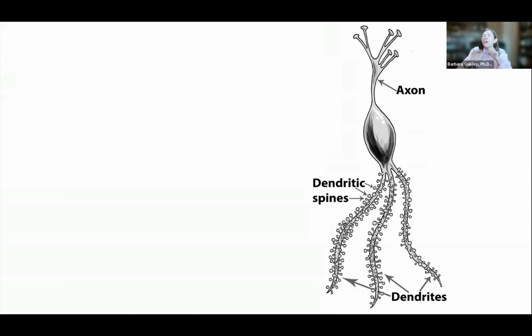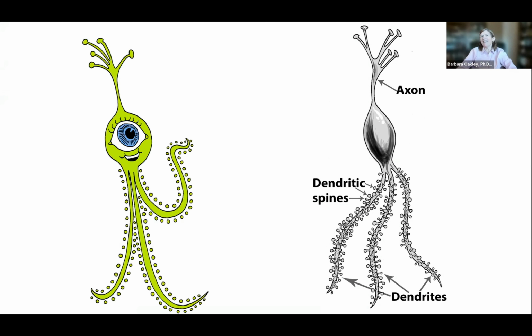And to understand these cells, I know what you're thinking. You're like, okay, this is the super dry and boring scientific part of whatever she's going to present. So let's just spice it up a little bit with an analogy for a neuron. And our analogy or metaphor is a space alien.